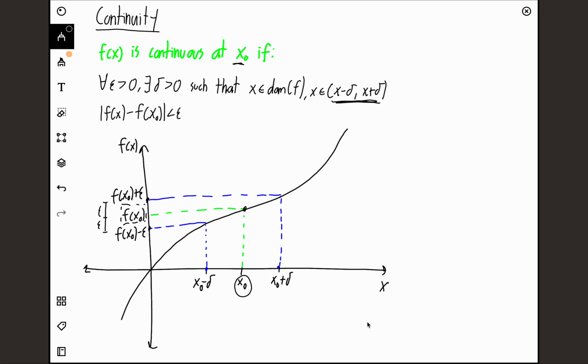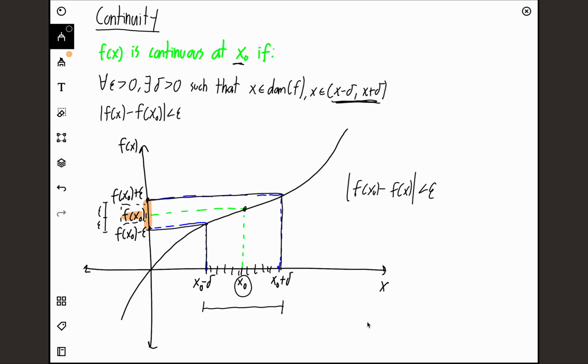For this belt, we can find a delta such that in this range, x0 minus delta, x0 plus delta, for any x value in this range, if we take f of x0 minus f of x, where we can choose any x here, the difference, and we take the absolute value because we can swap these two, it doesn't matter where it is, will be less than epsilon. And that's the definition basically. So for any function, we can choose a belt. This is our point at x0. We can choose a belt here, and then we just draw the line where it intersects with the function, and then boom, this is our